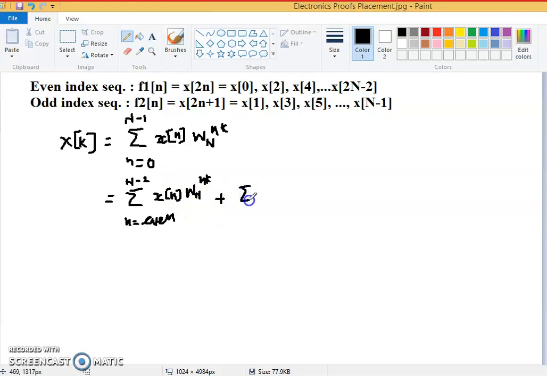plus the odd terms, when n is odd, x[n] W_N^{nk}, and its last term will be N minus 1. Okay, so this will be equal to summation, n changing